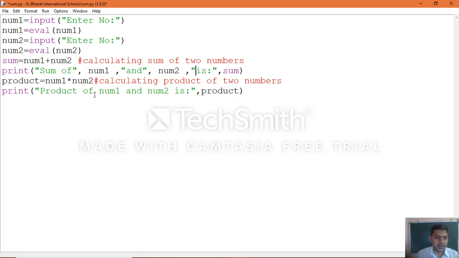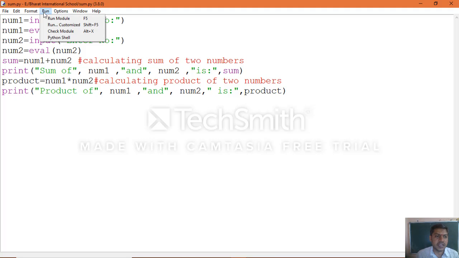Same manner, product of, comma, num1, comma, and, comma, num2. Now see what happens in this case: the input values, both num1 and num2, will be printed here and you can see the calculations. You must save again whenever you make changes in your application.